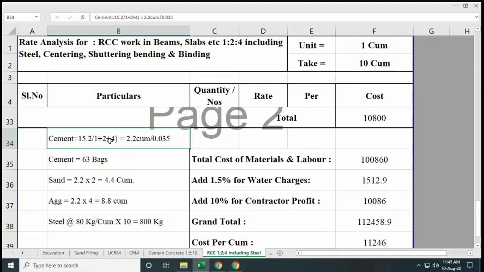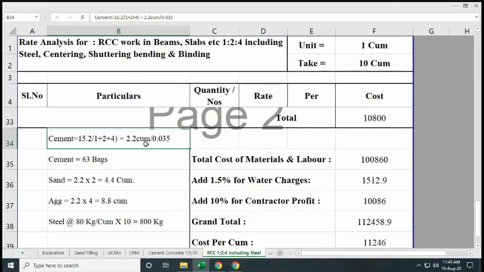If you have done nominal, these are the nominal mix designs that we have taken, right? If you are doing concrete mix design, as per that mix design you can calculate. If it is 1 is to 1.5 to 3, or 1, 1, 2, or 1, 1.2, 2, something like that, whatever mix design you get, based on that also you can calculate the amount of cement, sand and aggregate, no problem. Only what is the proportion that has to be divided so as to get the numbers, right?